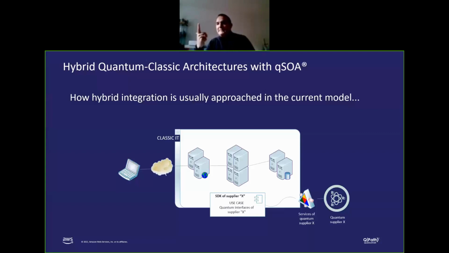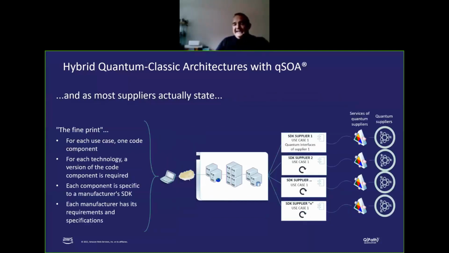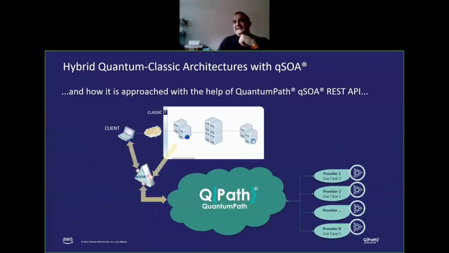But you need to keep in mind that you have different QPUs, different combinations of gates. You need to select that, change the version. So if you have different providers in your teams, you need to factorize your code as many times as different providers you have, okay? But in QuantumPath, because we are agnostic and the platform does the rest for me, in our context, we are